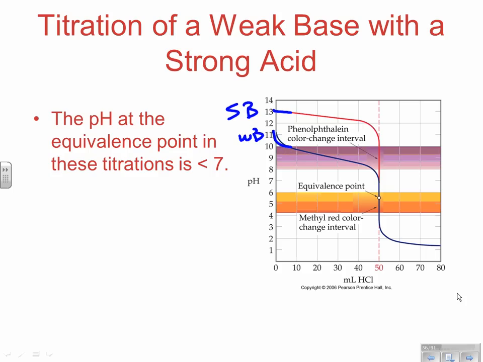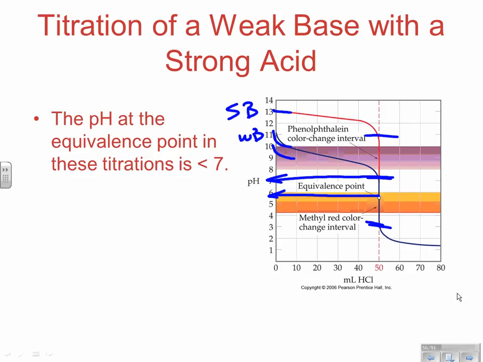And notice, with our weak base situation, where the equivalence point is at is no longer at 7 compared to where it was here, which is going to be right at 7. So strong, still at 7. We're just coming at 7 from a different point of view, lowering the pH to get there. But if we have a weak base situation, remember, pH is going to be farther away from 7. And remember, the weaker the weak base is, the closer to 7 our starting point is going to be here,